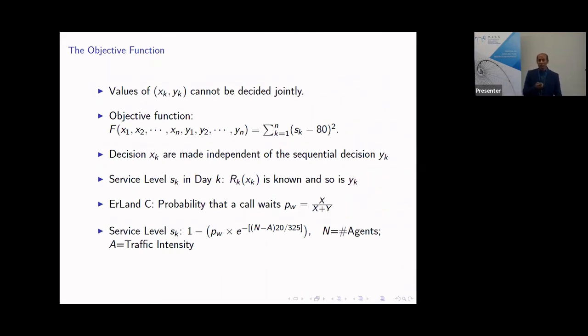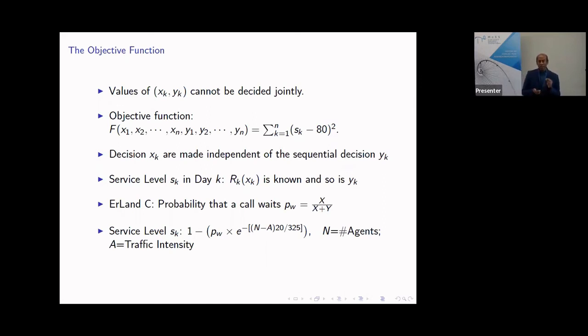It's a very beautiful way of saying, when a call is coming to the call center, what is the probability that the call will be waiting, and that depends on 3 factors. Those factors in probability are given by a long formula, x divided by x plus y. We can calculate those x and y, involving the number of agents we have and the intensity of the calls coming, and so on.